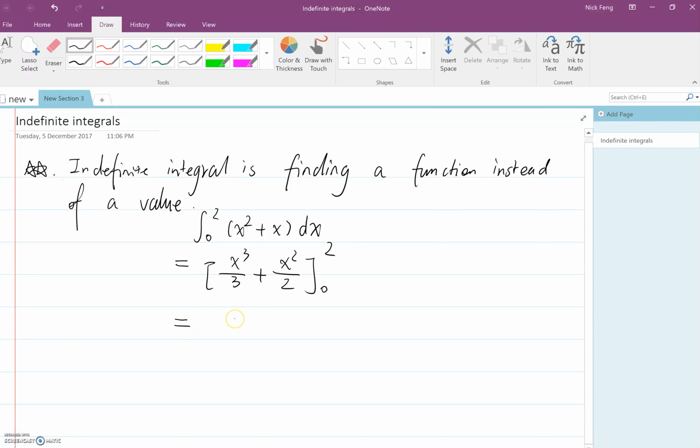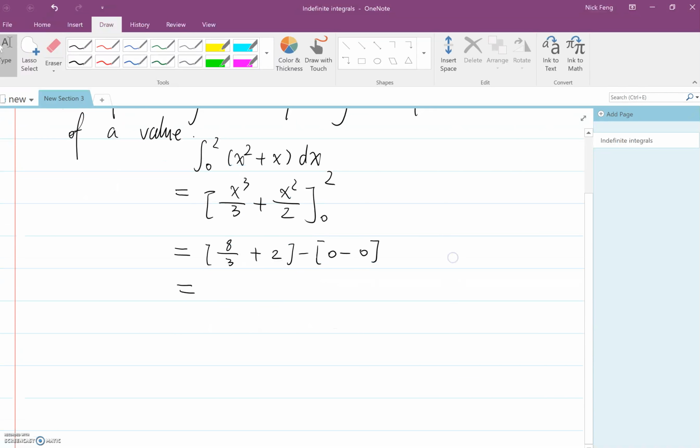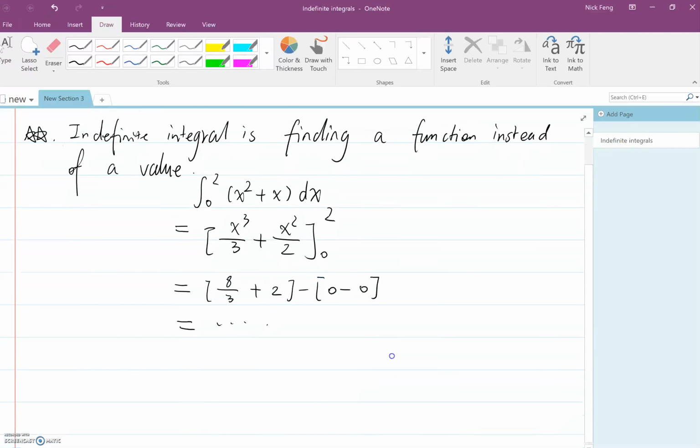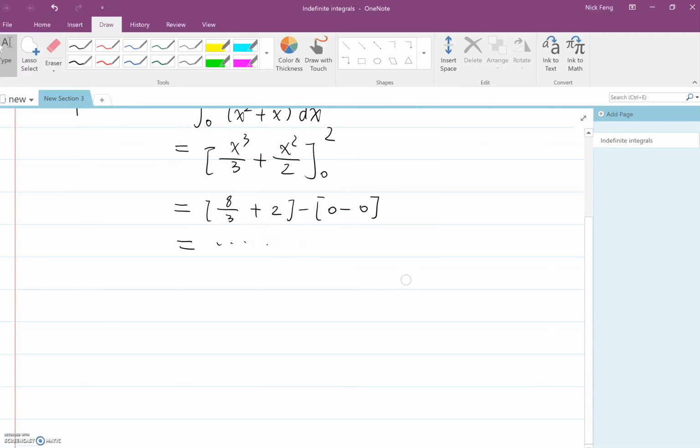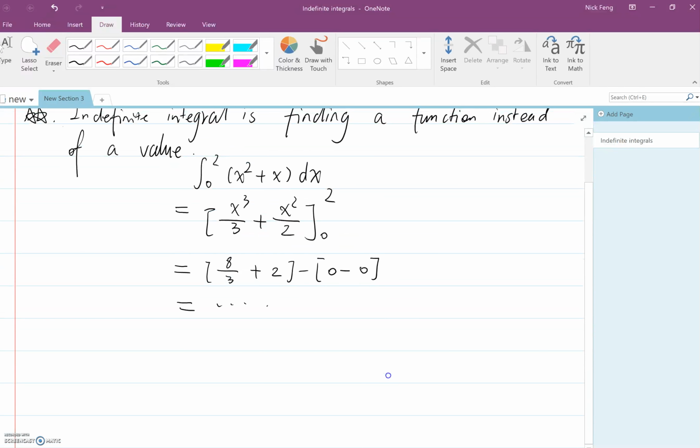And that will give us 8 on 3 plus 2 minus 0. And what comes out is a number, which is a value. I don't know what that is. However, for today, indefinite integral, what comes out would be the function, because we are not interested in the